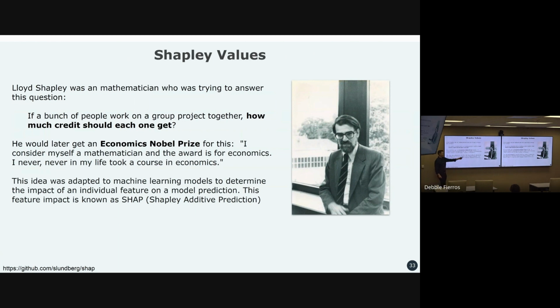And this is an all-time quote right here. "I consider myself a mathematician and the award is for economics. I never in my life took a course in economics." I don't know what he was trying to say with that, but pretty awesome. So this guy was active back in, I think, the 50s and the 60s, and